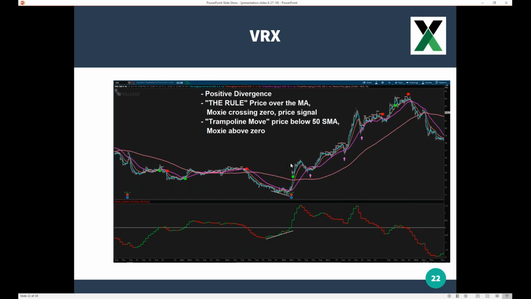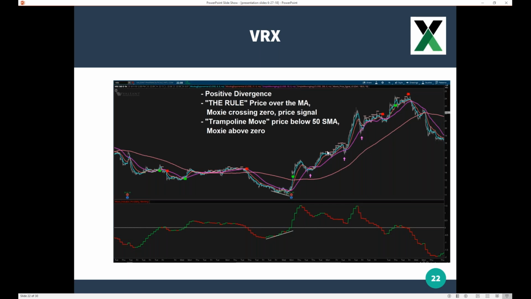Now what comes next is we kind of let price flag, because remember, I like to use the moving averages, specifically the 50, and we have the next term that I have coined with the Moxie indicator, a trampoline move. So if we look at the 50 SMA as the trampoline material, and we look at the Moxie indicator as the springs, as long as the Moxie indicator is above 0, that means that there's still gas in the tank, that there's still plenty of energy to the upside. And when price goes below the 50, that's not where it's supposed to be when the indicator is still above 0. And so it acts like a trampoline and throws it back out once it clears the 50 to the upside, and that's exactly what it did here.